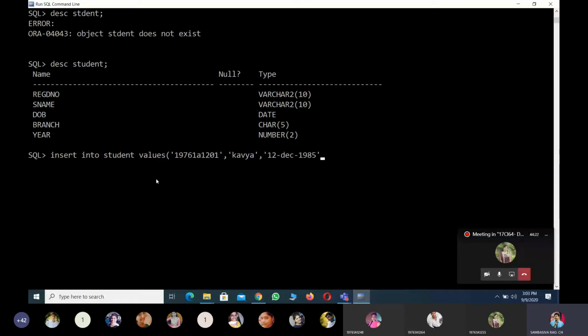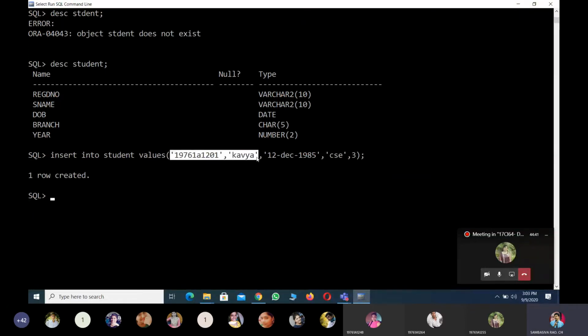I am picking random values only for the next queries' purpose. Don't think about anything. Okay, and the student belongs to, for example, the CSC department. And the student's present studying year is 3rd year, my assumption.